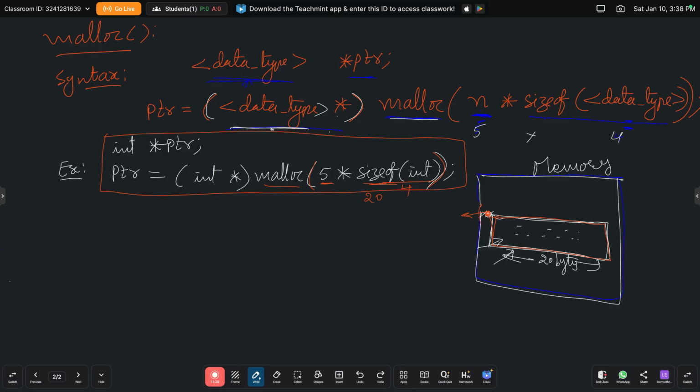While returning, the malloc function adds a keyword to that address, that is void. Why is it returning void here? The data type name void is added here because the malloc function does not know what type of data is going to be stored in this block of memory. That's why, while returning the starting address of this block, it adds the keyword void